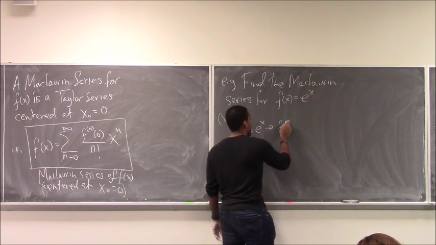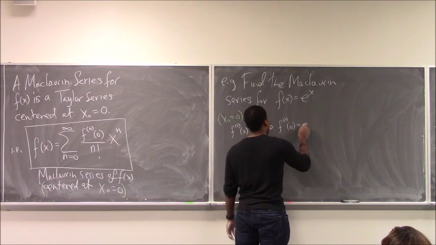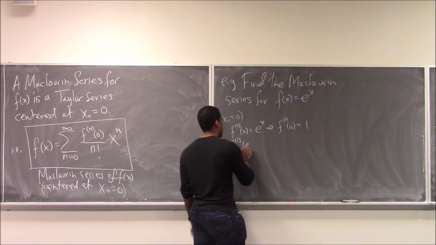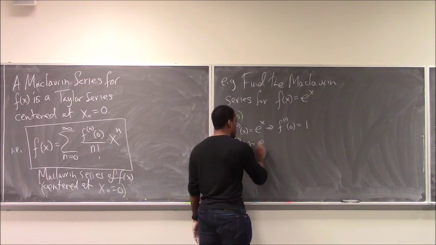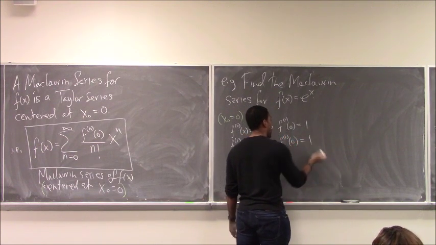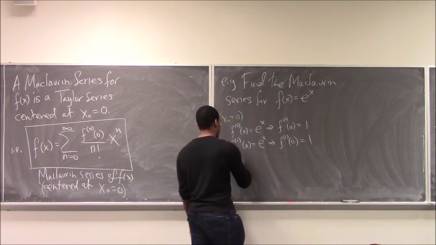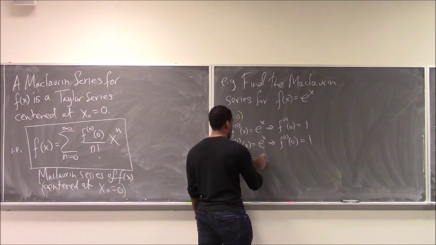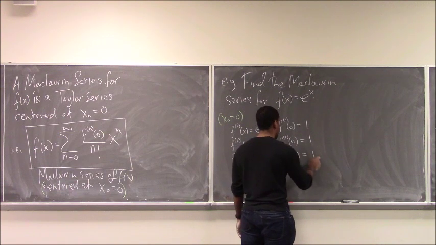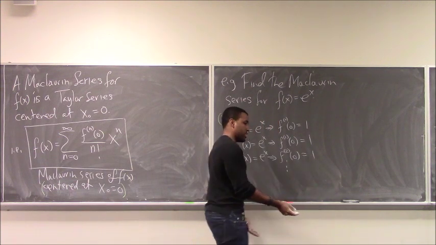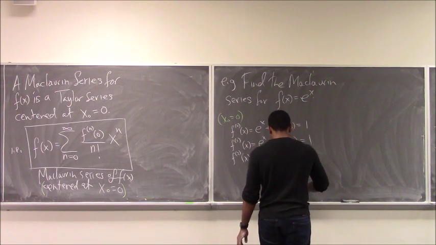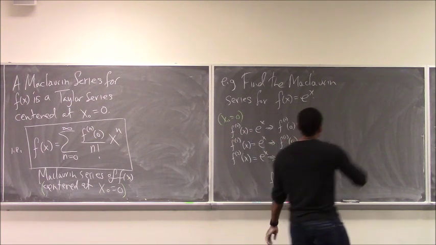So I'm going to evaluate that at 0, and that's just 1. And I can take the first derivative. Well, that's just e to the x. And so if I evaluate the first derivative at 0, I get 1 again. And I can find the second derivative, e to the x. Evaluate the second derivative at 0, and we get 1. I think you can see the pattern here. The pattern is pretty obvious, that f to the n of 0 is going to be equal to 1. So